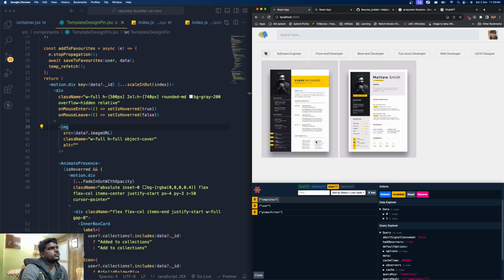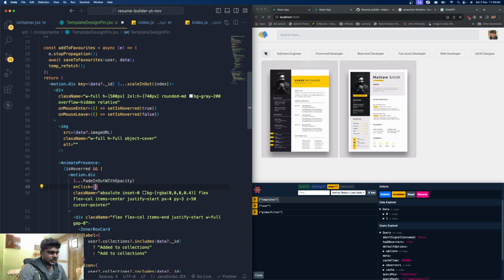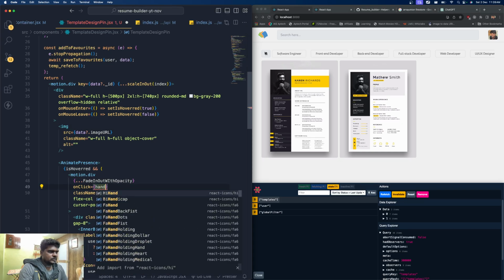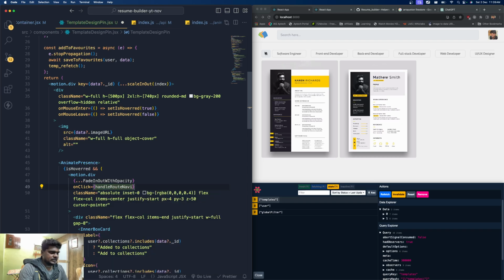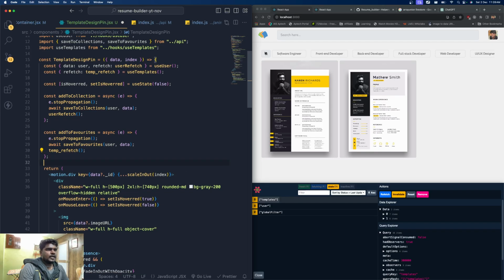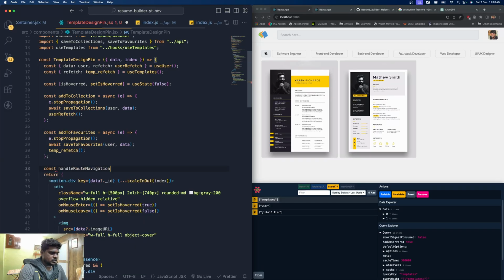So now all we have to do is, whenever I'm clicking this, it needs to take me to that specific route. So what I'm going to do is, if I click here only, I'm going to add an on click event, and I'm going to say handle route navigation. That's a method I'm going to create, copy it, and I'm going to say const